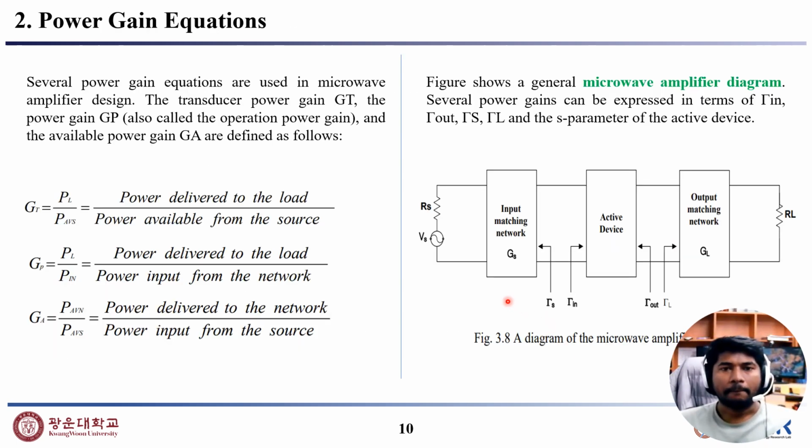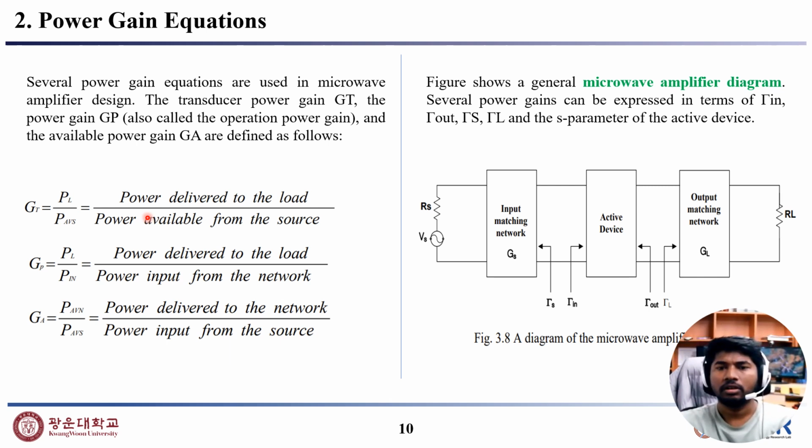And then how can we calculate the power gain? For this we have three equations here you can see. So first, several power gain equations are used in microwave amplifier design, and the transducer power gain GT, the power gain GP, also called the operating power gain, and the available power gain, that is GA, are defined